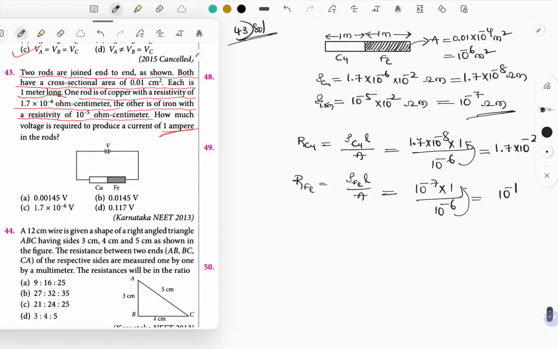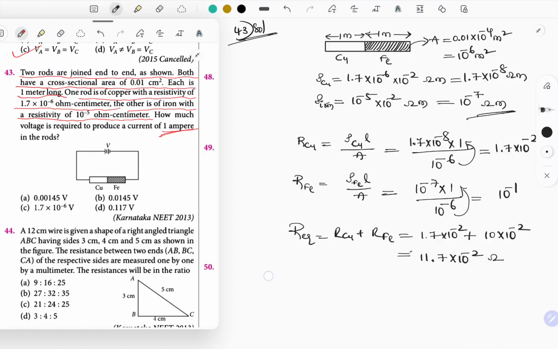Okay, so resistance total R equivalent is equal to R copper plus R iron, which is equal to 1.7 into 10 power minus 2, and this one we can convert it as 10 into 10 power minus 2. Okay, so that is resistance of iron. Just have to add both of them. It's going to be 11.7 into 10 power minus 2